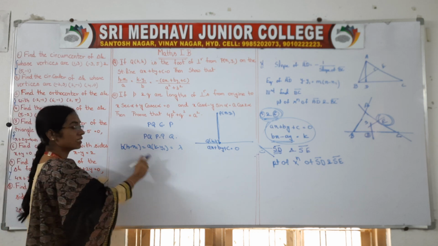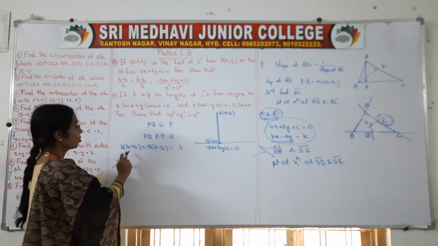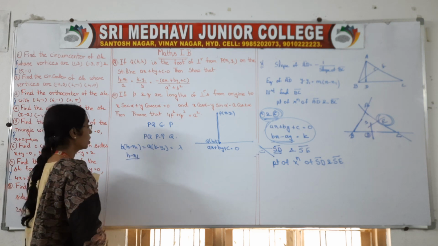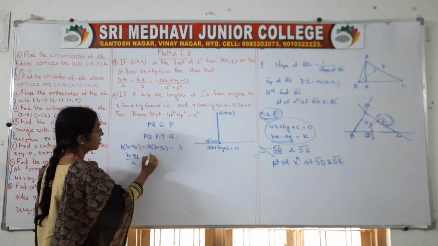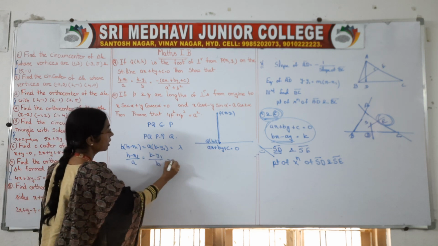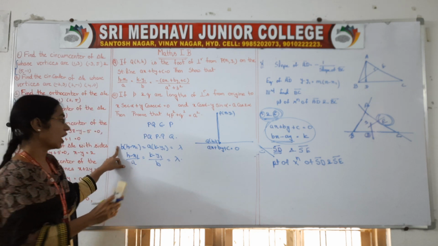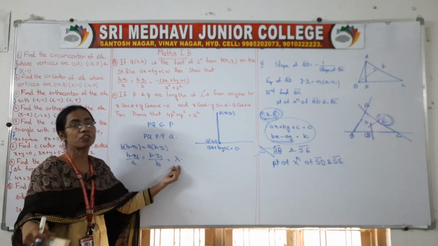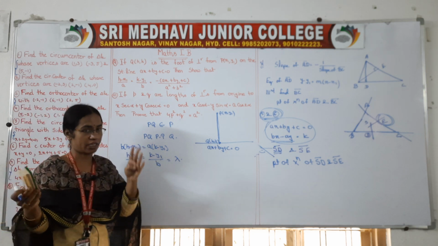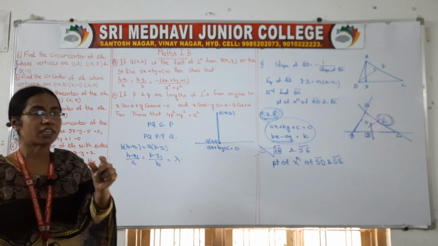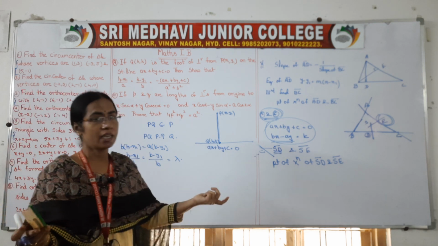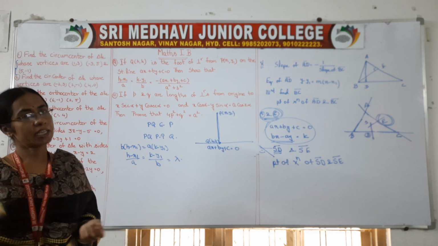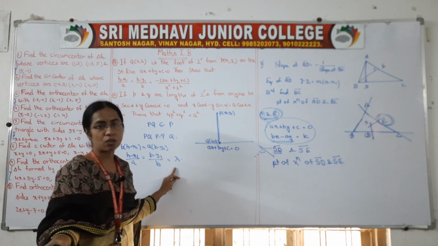First you send this one to this side. So we will have (h minus x1) by A, by cross multiplication, is equal to (k minus y1) by B is equal to lambda. Generally, if two values are equal, we can equate them with any constant. If two values are equal in mathematics, we equate them with some constant, k, lambda, anything. In the textbook they have taken lambda, so you can take lambda. In any other book, if k is used, you can go for k also.